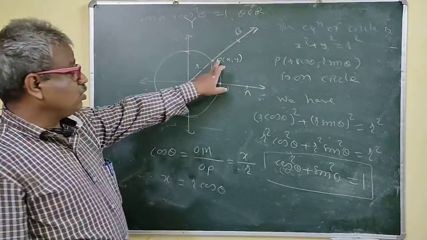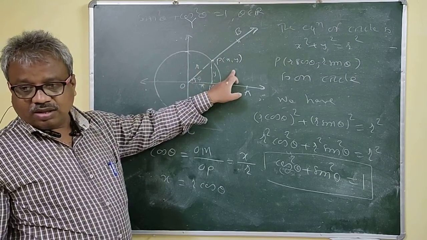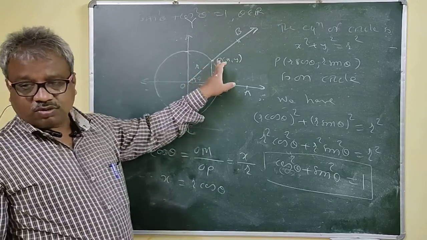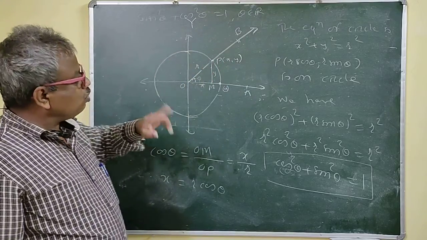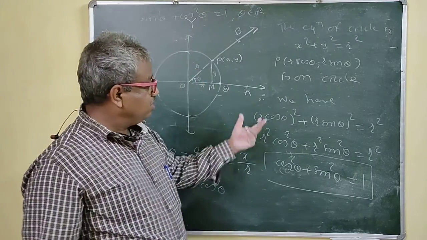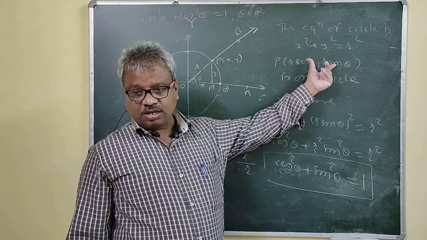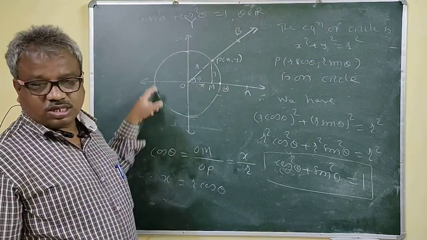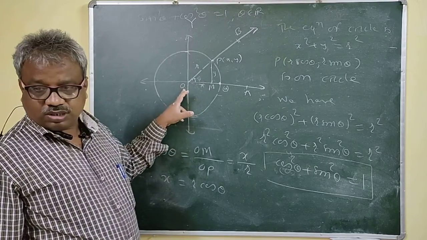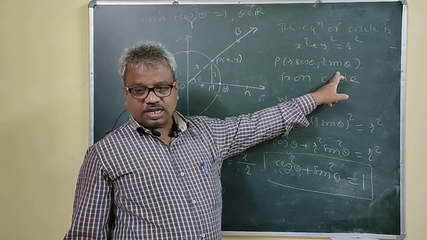The coordinates of P, x and y, are very important. They are in terms of the radius and trigonometric functions. So the main part here is to find the coordinates of P. Now suppose the radius is 1. Then what are the coordinates of P? Cos theta and sin theta. If you take this as a unit circle, meaning the circle whose center is at the origin and having radius 1, then the coordinates are cos theta and sin theta.